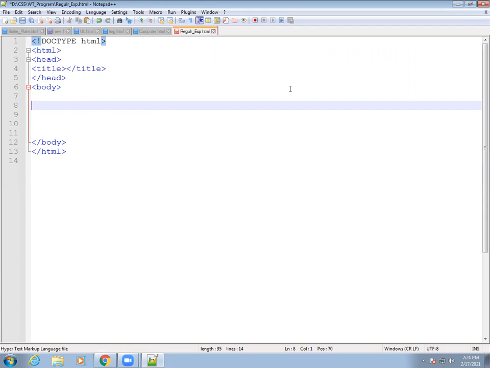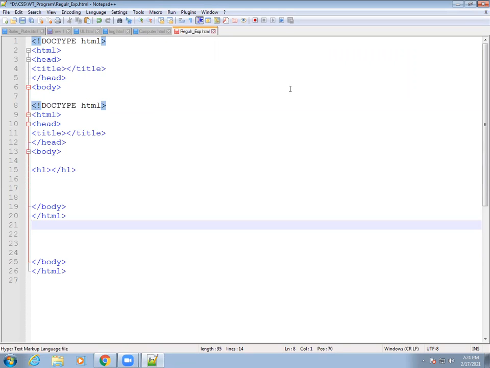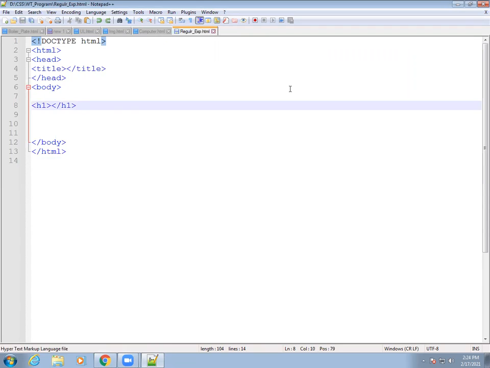In our body we will use h2. Okay, I'll change this h1 to h2. So let's write: Example of regular expression.